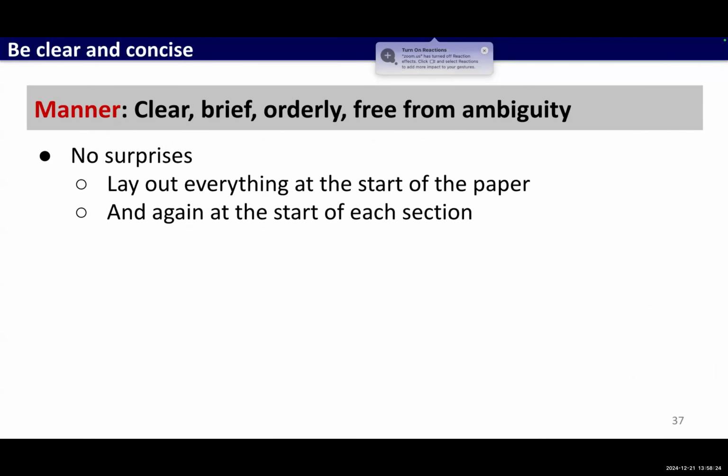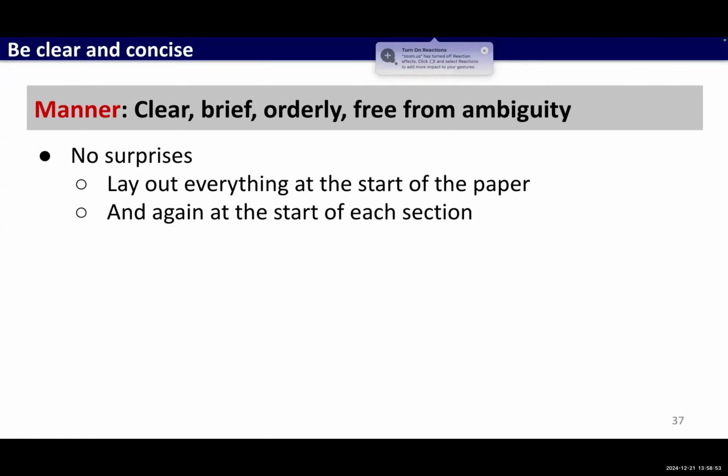So no surprises, right? Tell the reader at the beginning and, if necessary, at multiple places during the paper. And sometimes it's not just telling the reader what's coming. Sometimes it's telling the reader, okay, we have now gone through the first 2 sections, and this is what we showed you in the first 2 sections. Now we will move on to the 3rd section and do the following, right? So regularly check in with the reader, give them all these guideposts,